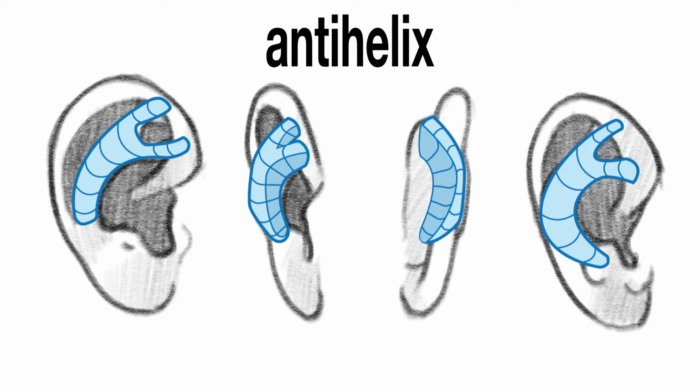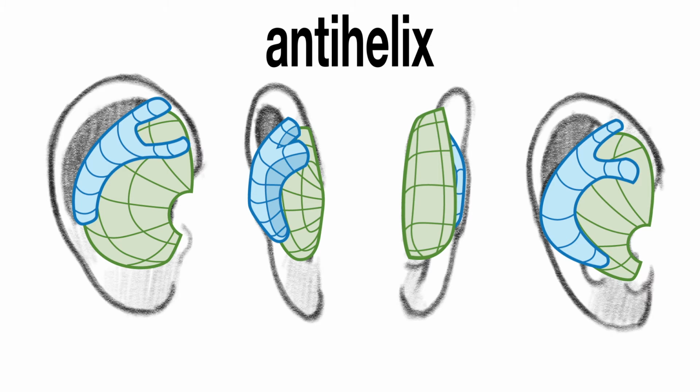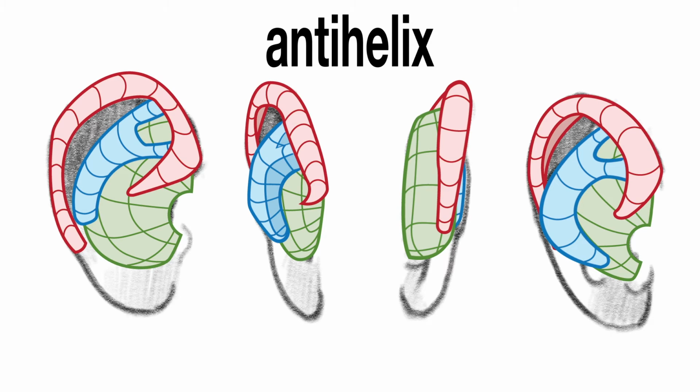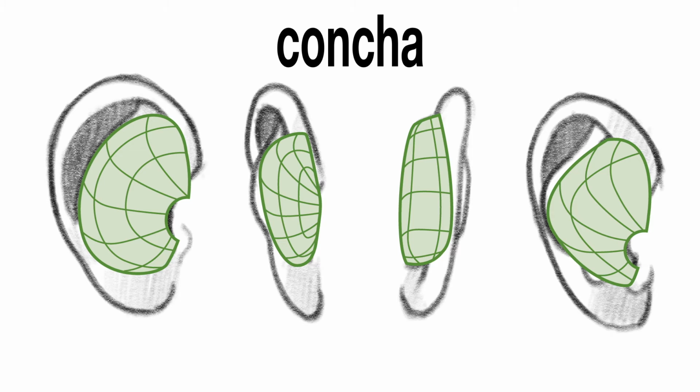If we inspect the ear closely, we'll notice that the antihelix is the form that connects the concha to the rest of the ear. This makes the antihelix the transitional form between the concha and the helix. Speaking of the concha, it is the base that all the parts of the ear sit on. It is a cup-shaped structure that creates the pocket or space between the antihelix and the ear canal.